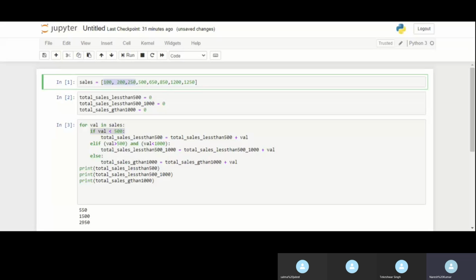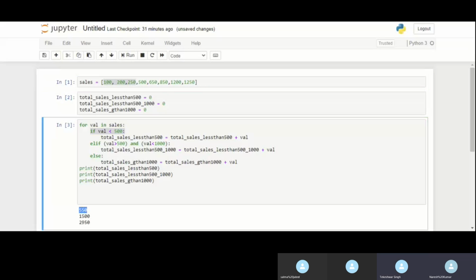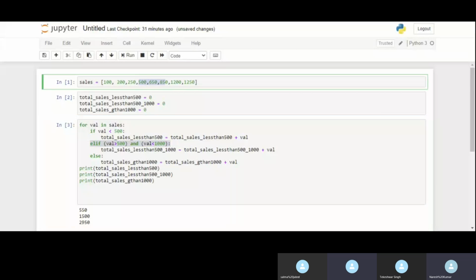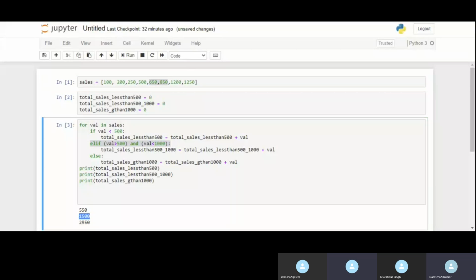So this will be my output, 550. Similarly, the sales that are between 500 to 1000 will start from this and this. Greater than 500, it will not include 500; 501 it will consider. So 1500, correct?